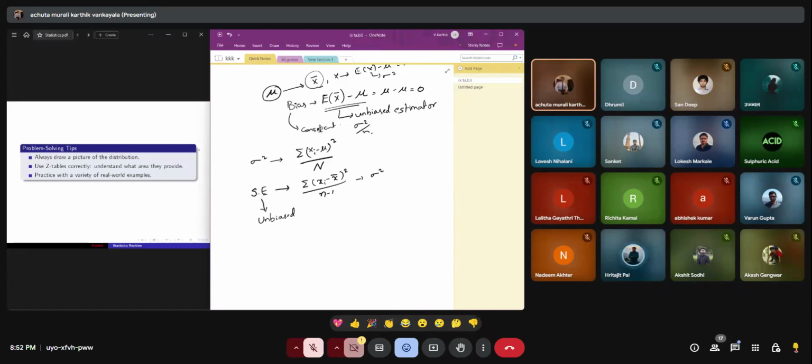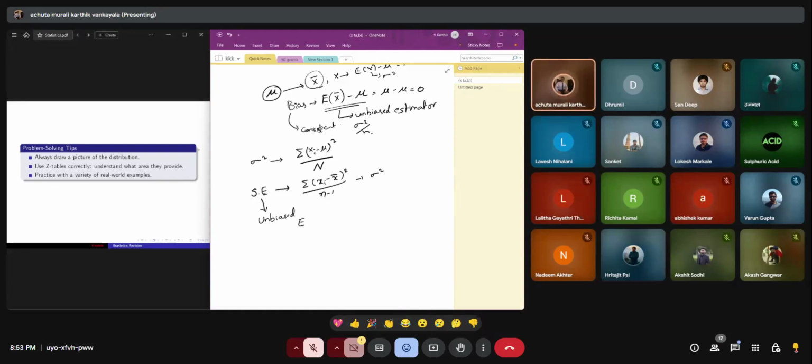Like then we can say a series of experiments was performed, and just by choosing n minus one, it was seen that the variance of the sample is becoming close to the variance of the whole population. That's why we're using n minus one, in layman's terms. Yes, in layman's terms, what you do is the expected value of this estimator is the same as sigma square, the population variance.